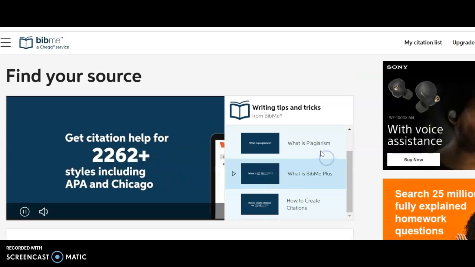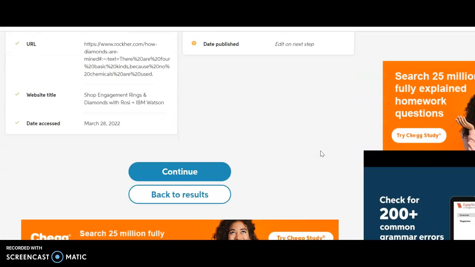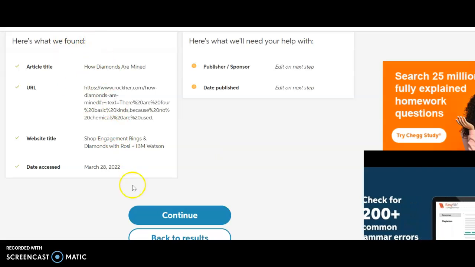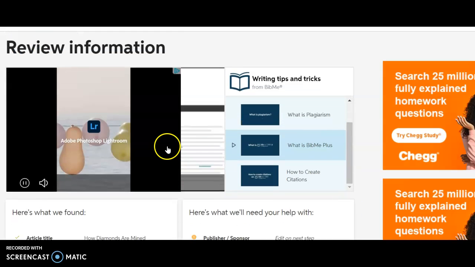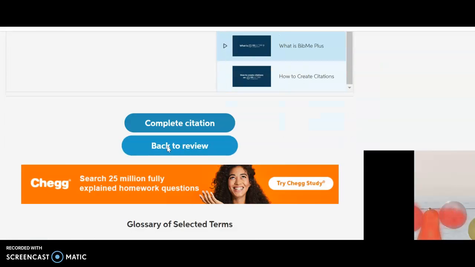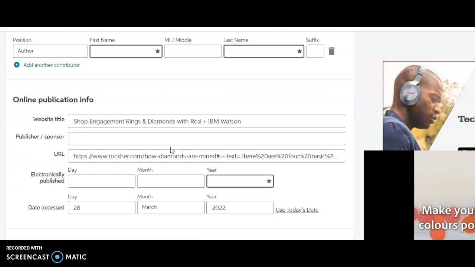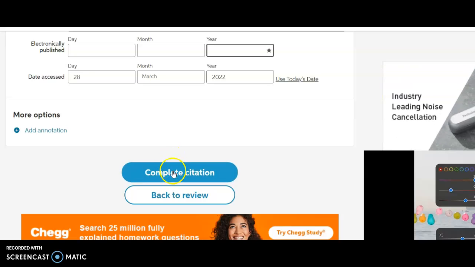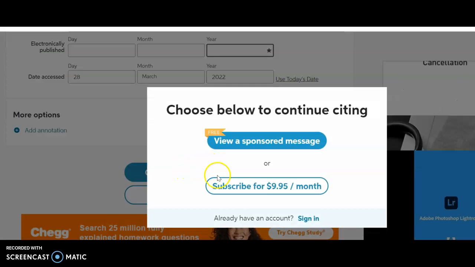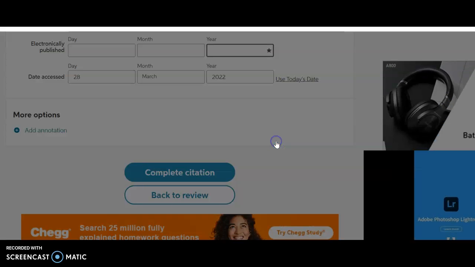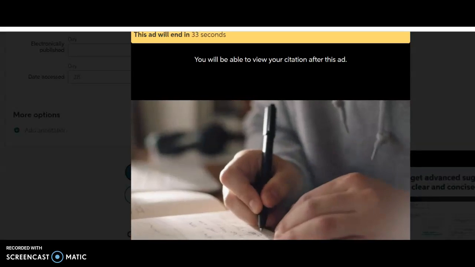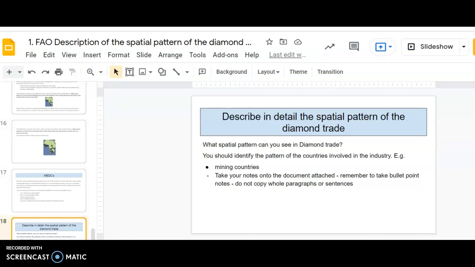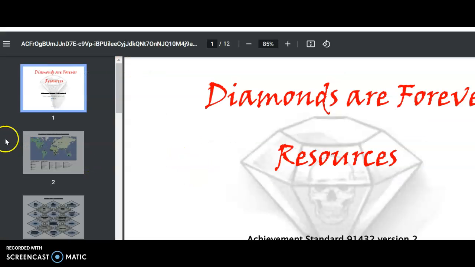You press cite and it's broken it down for me. So you press continue. Complete citation. The only thing about this website is that it actually does show a lot of advertising. So while that's doing its thing, I also want to draw attention to our